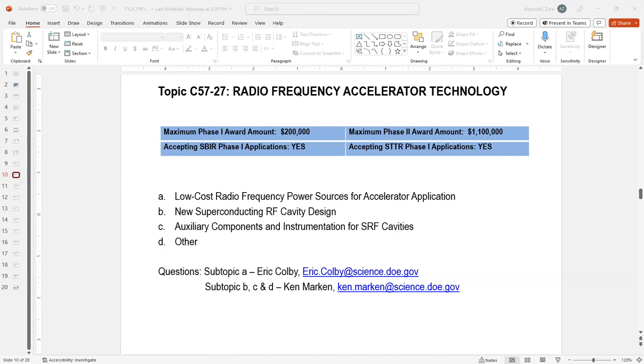So since there's a variety of applications of RF sources and accelerators, we've tried to give lots of helpful references, which we do advise you to read to show what these are. We advise looking at these references to see how these RF devices that we're interested in are being used in the field and who the potential customers and R&D partners are.